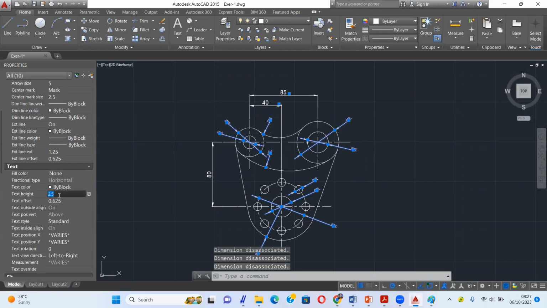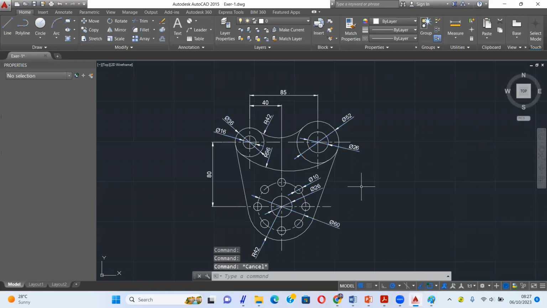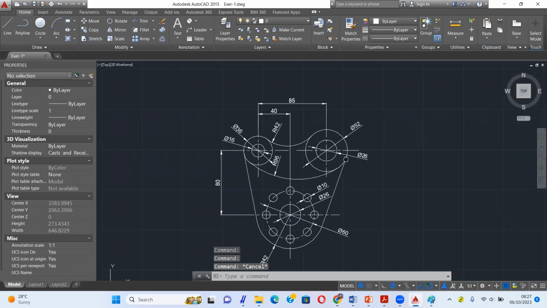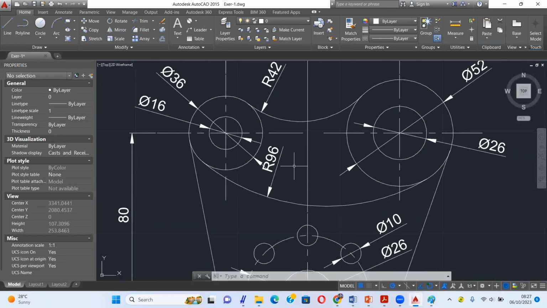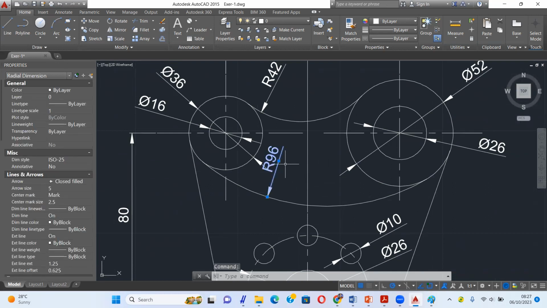Then the text is 5. Text offset 1.5. Escape. Okay, like this. If you want to change the position, just click, then you can move the position.